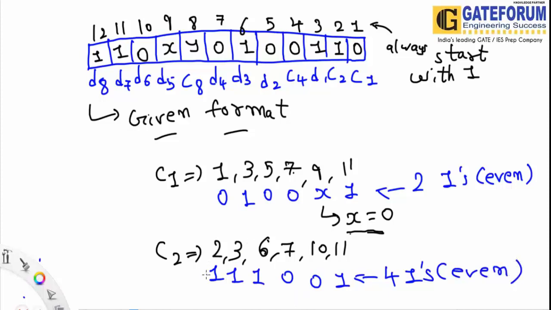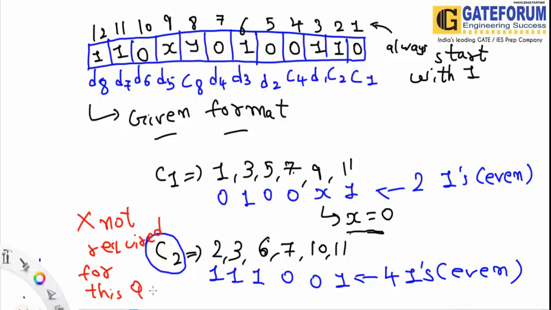Now here, if you look, you don't have anything like x and y. So that's why it is not mandatory to look here. I have just given an example of C2 here, but for this particular question, it is not required. I'm just giving you an example of how C2 would work. It is not required for this question, because we need to identify the value of x and y only. For C2, there is neither x nor y, so we are not looking into detail for it.